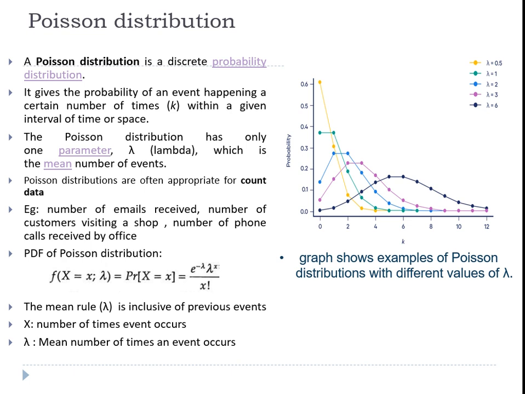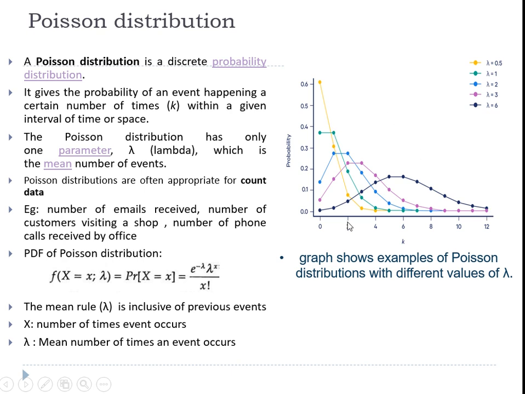What you have to remember here, a very important key point, is that it's a discrete probability function which provides us the probability of an event happening a certain number of times within an interval of time space. A certain number of times is nothing but k, that is this. These dots are actually the events happening within this time space. That probability I have plotted on the y-axis. So this is the probability distribution of the Poisson distribution, where we are plotting the events which are happening within a given time space.